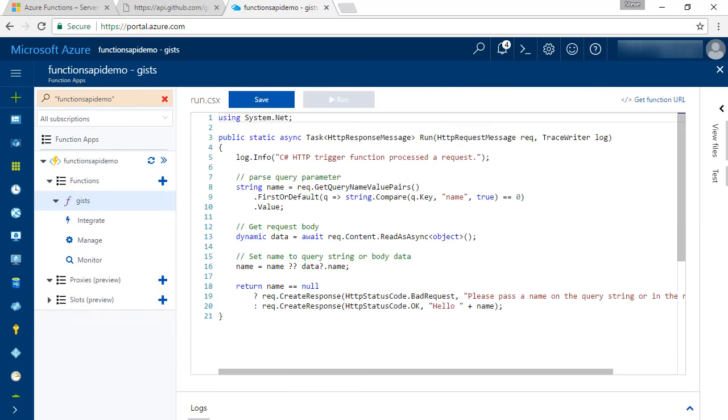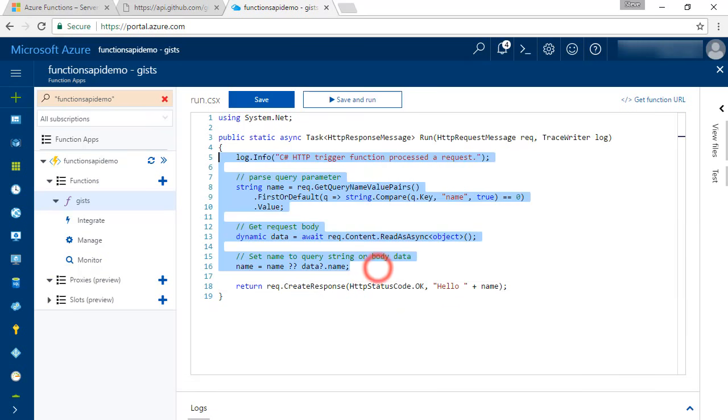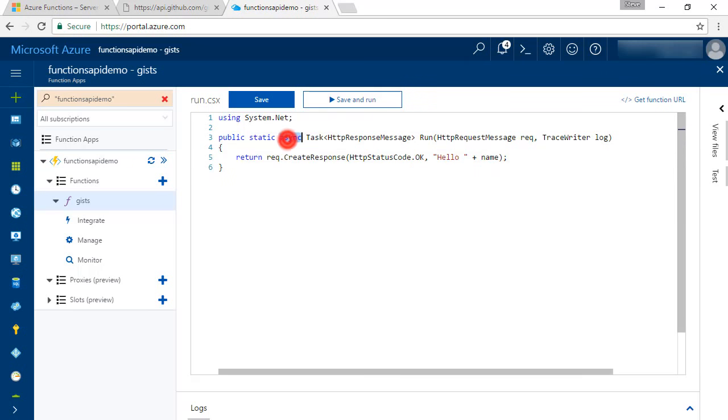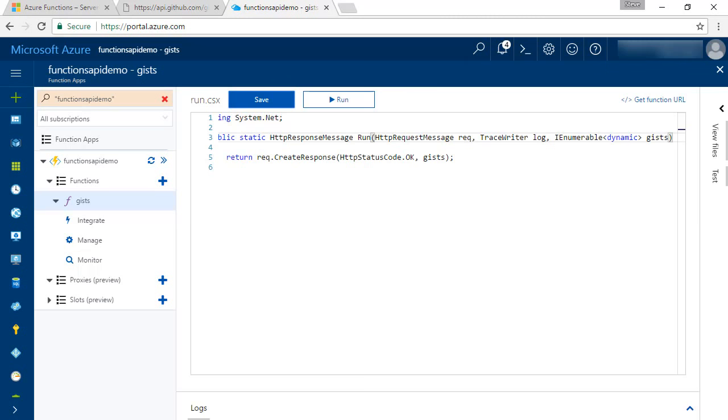Now if we go back into the code, we can get rid of all of this boilerplate code which we don't need. We're not using any asynchronous calls, so we can make it synchronous. And instead of returning this, we want to return our gists, and that will be populated here. So we need to bring in an IEnumerable of dynamic, because it's schemaless, so we don't know what the type is. And obviously our input, what we called, was gists. So we can save this and we can run this,